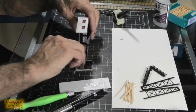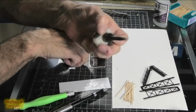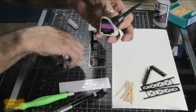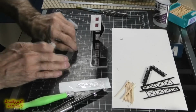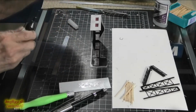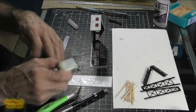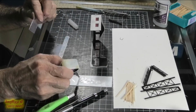So what we're going to do now is I am going to use this clear cement for clear plastic. Duh. Come on, Vincent, get it together. All right, and I'm going to do basically the same thing I was doing with the windows. Too bad you couldn't see how the windows were done. But I'm just going to put a little drop on here